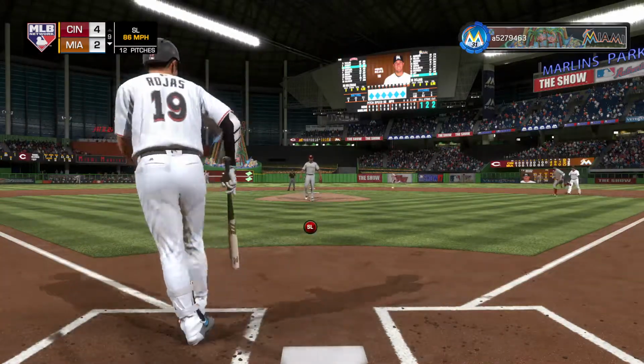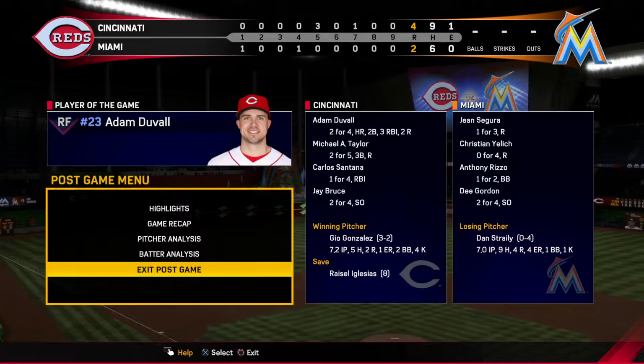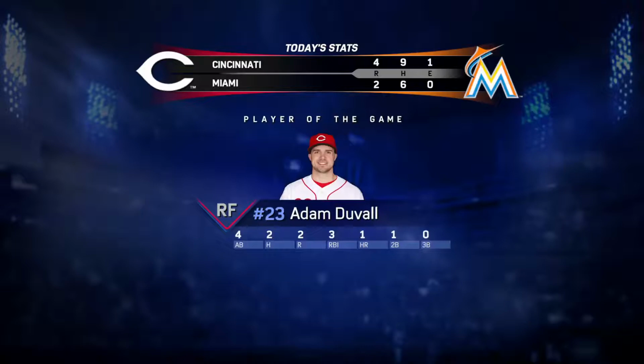And he strikes him out to end it here as they were able to get the possible tying run to the plate, but could not cash in. It was mostly pitching and defense in this one, but the man you see here made some noise with the bat, and as a result